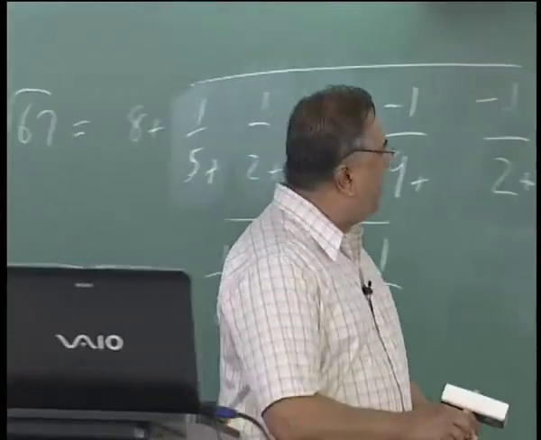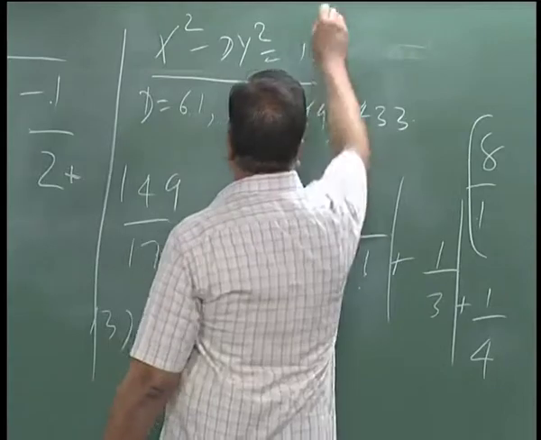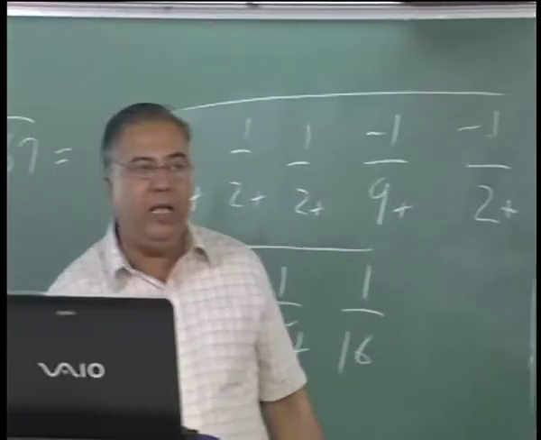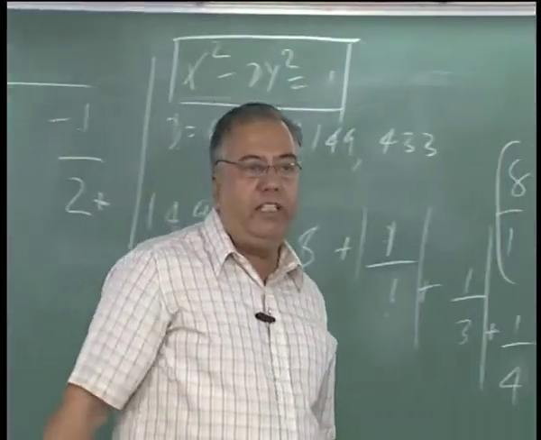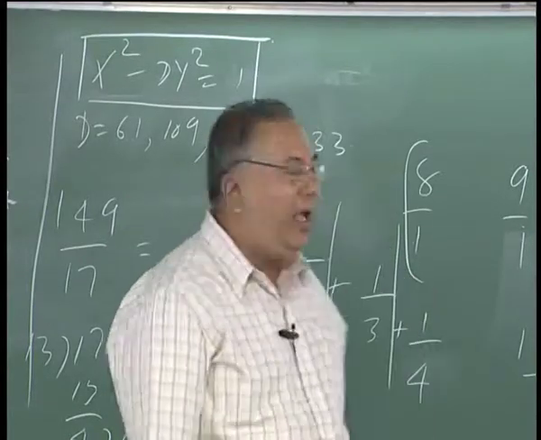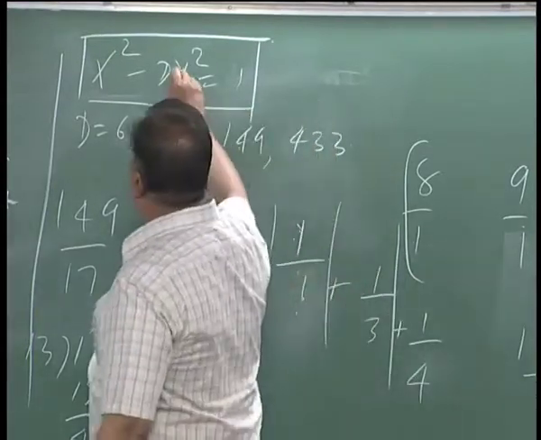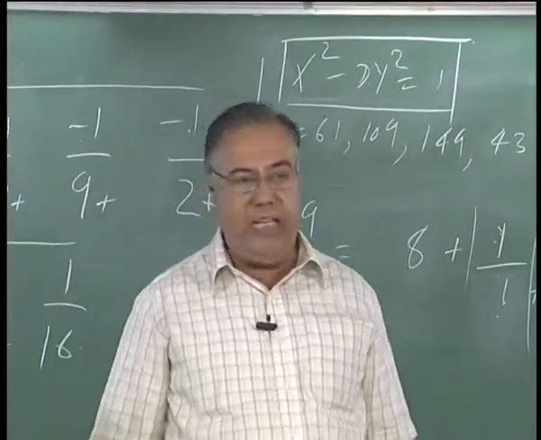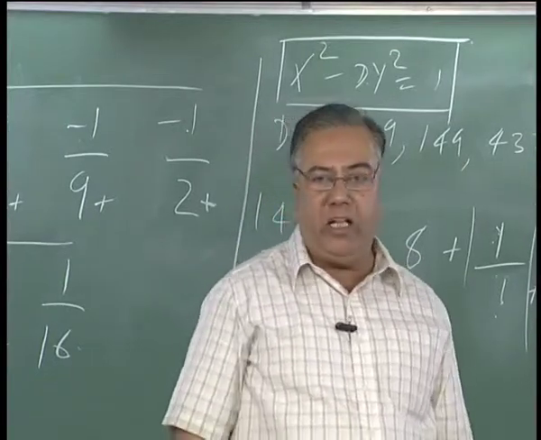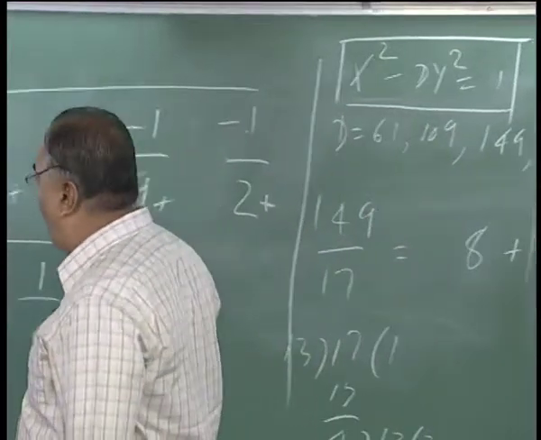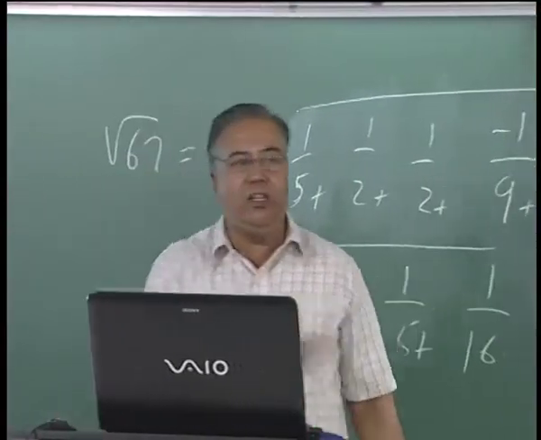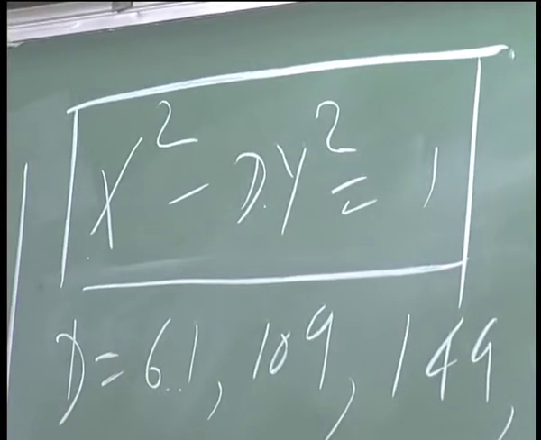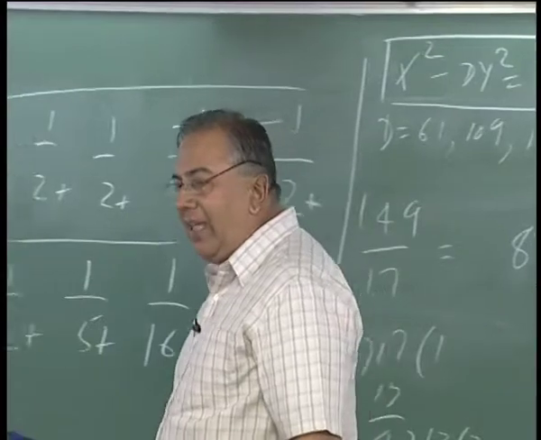In fact, this entire subject of x squared minus d y squared equals 1 is an equation which is of great interest even contemporarily. It's one of those algorithms which are non-polynomial time, that is, the amount of time taken to solve this in general is of the order of d times e to the power square root of d. So it is a non-polynomial kind of an algorithm. There is even now a quantum algorithm by Hallgren which will solve this in polynomial time. Of course, that can be implemented only in a quantum computer, which may come in the next 200 to 300 years.